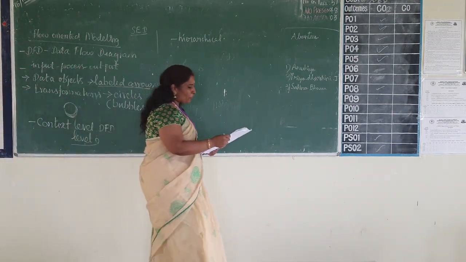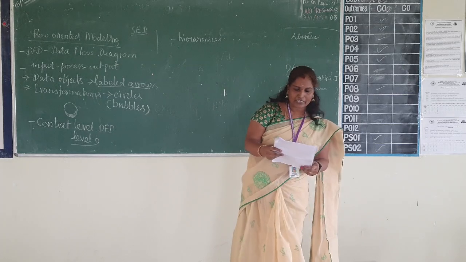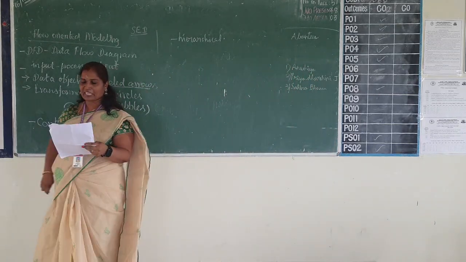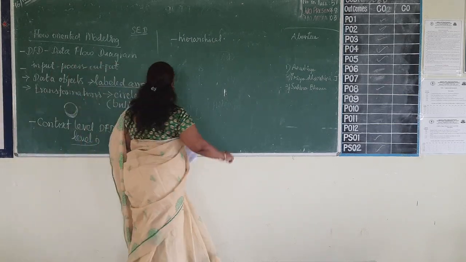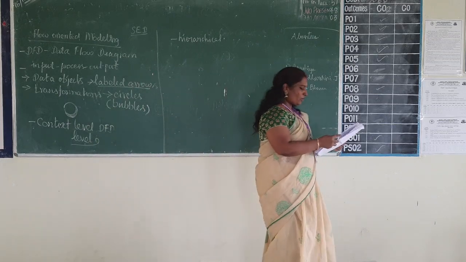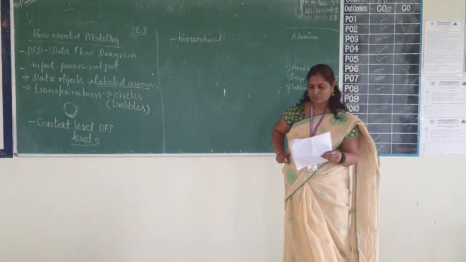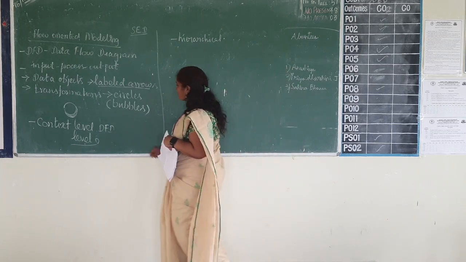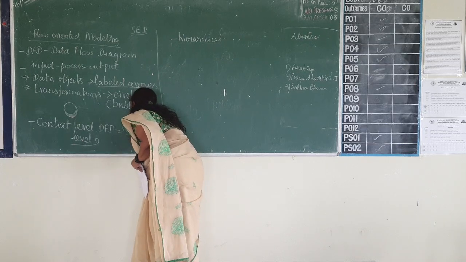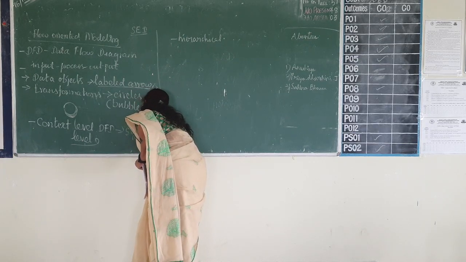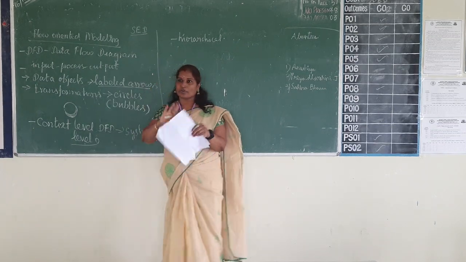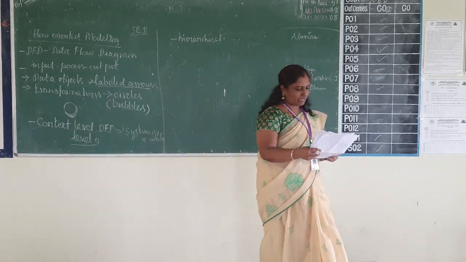A first data flow model, sometimes called level 0 DFD or context diagram. Context diagram represents the system as a whole, which means the overall view of the system only is the first level.